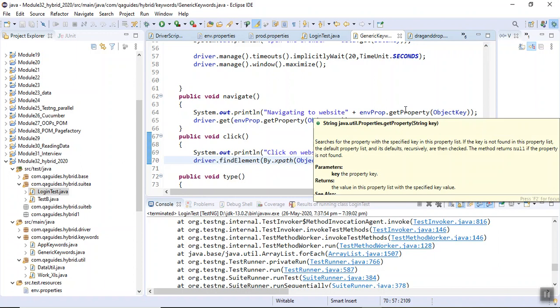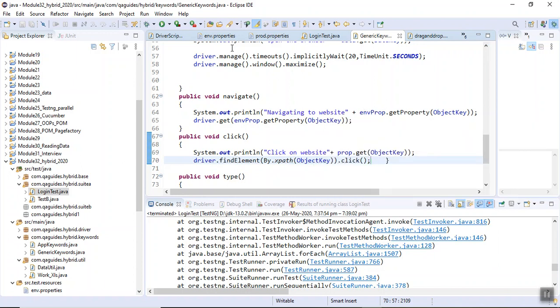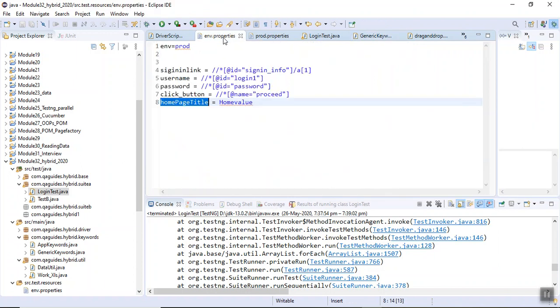I have to check one thing. Navigate, environment properties, sign in info. Check it.